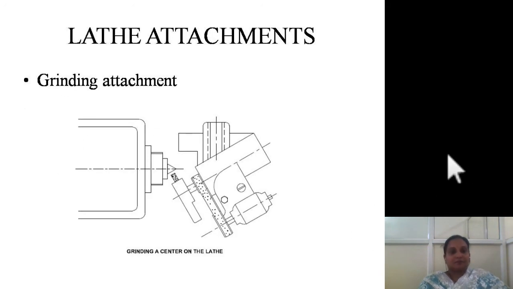This is the grinding attachment. Here this is the chuck, you have a tool here, and this is the grinding wheel, which will be rotating. Depending upon the surface you want to grind, we fix this angle, whether you want it at 90 degrees or crossed. Here they have made some taper turning before and they are doing some grinding here. So the tool is crossed like this. So this is about the grinding attachment.